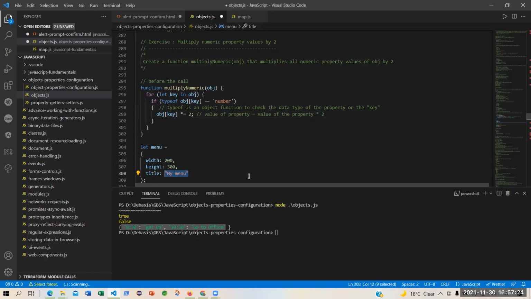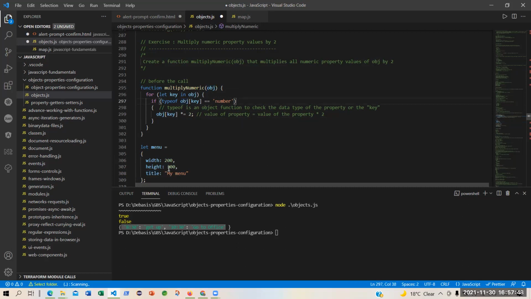No, because title is not an integer property. Why? Because it is not holding any data type like integer. It is holding a data type called string. So this will be false, and it will not do this.